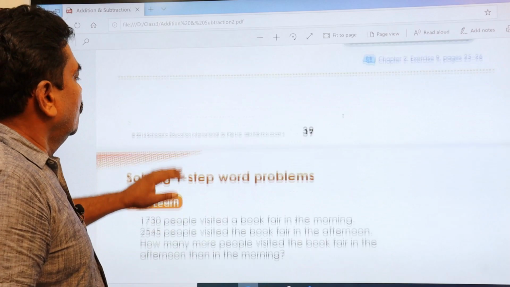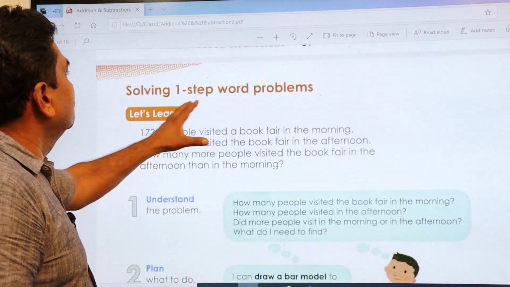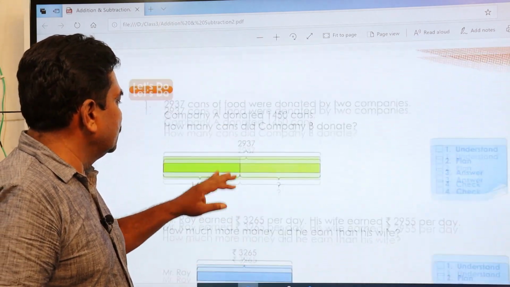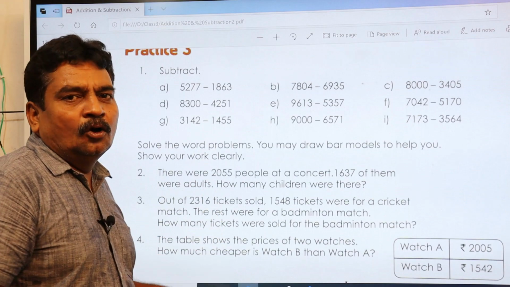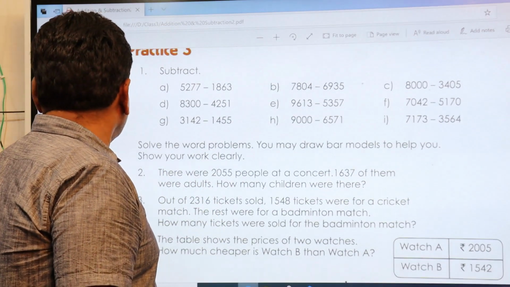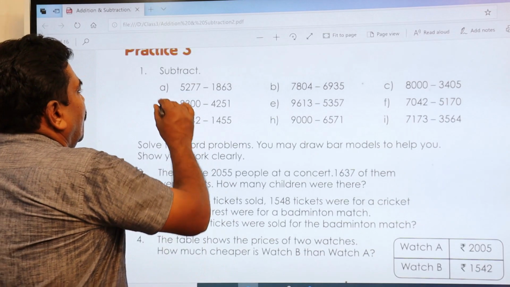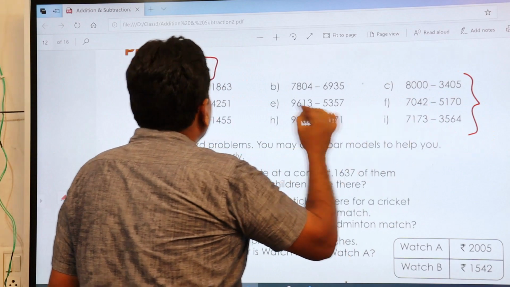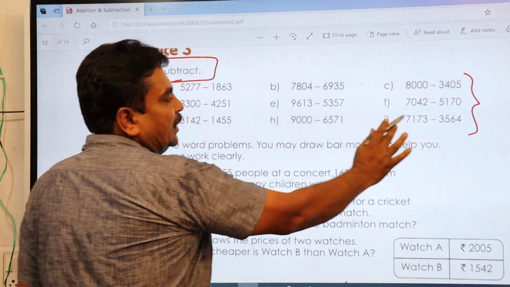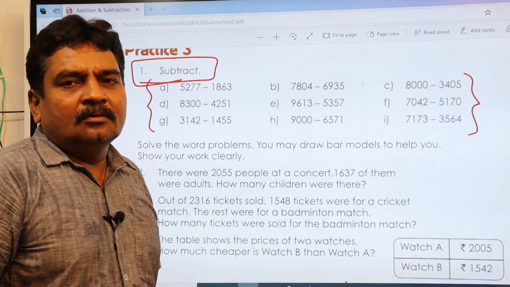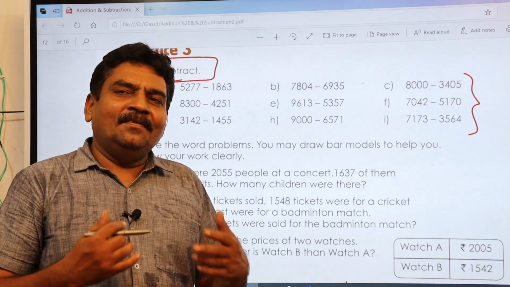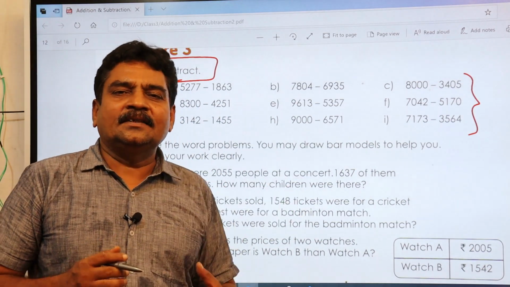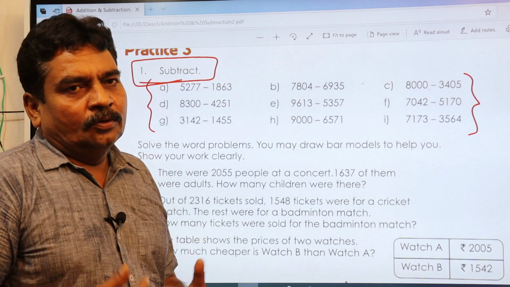Now, stepping to word problems. Let's see how you are going to do these word problems. I hope you people can do this problem in this way. I think this complete set you can do from here to here. If not, I am going to show you. You start first doing it. Later on, if you have any doubt, you just ask me. I am going to do it and I will show you through WhatsApp.